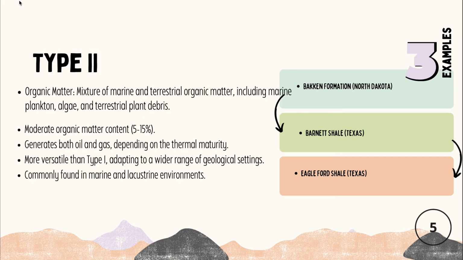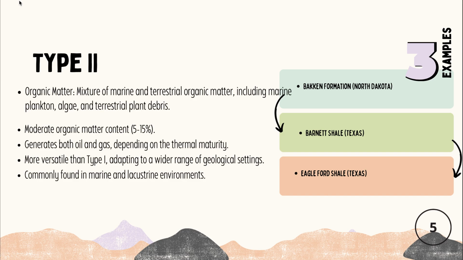For type 2, the organic matter is a mixture of marine and terrestrial organic matter, including marine plankton, algae, and terrestrial plant debris such as wood, bark, or leaves. It has moderate organic matter content, from 5 to 15%. It can generate both oil and gas depending on the thermal maturity. It is more versatile than type 1, adapting to a wider range of geological settings, and it's commonly found in marine and